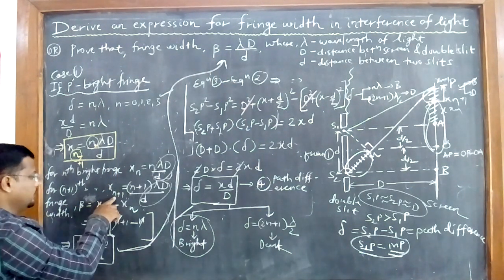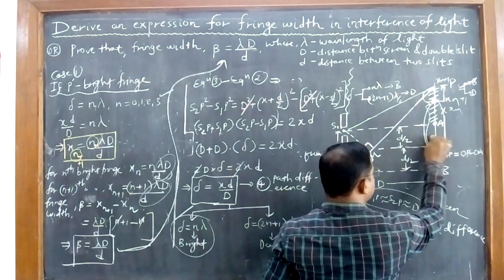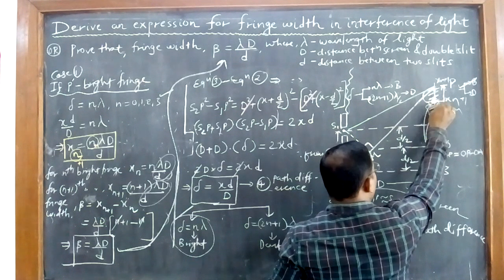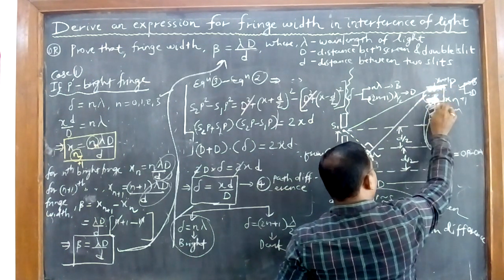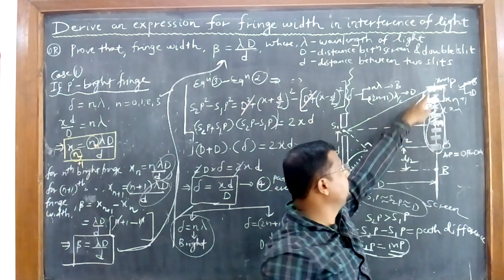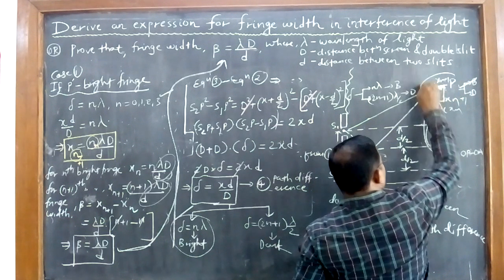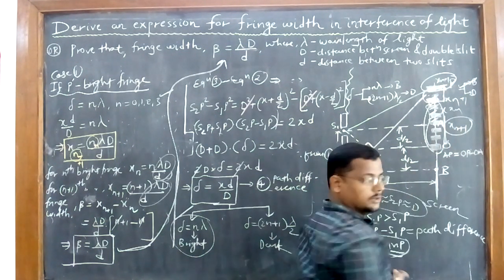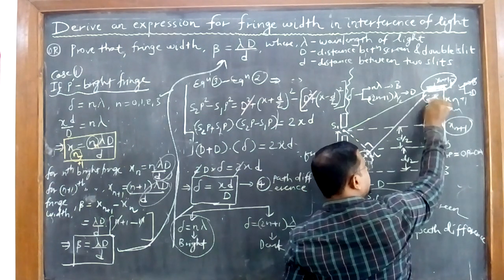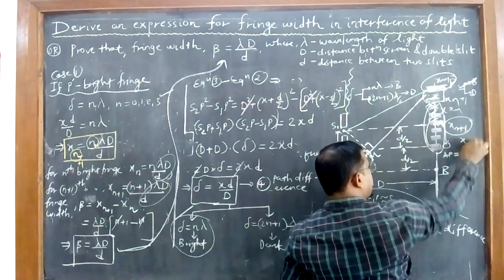Once again I will tell this. Let this be the brightness, darkness, like this here. So what is happening here? At point P, which fringe is formed? Bright fringe. What is the distance of this bright fringe from the center of the screen? xn plus 1. Understood? Now what is the next neighboring bright fringe here? The previous one, is it this one? This distance I am marking as xn.